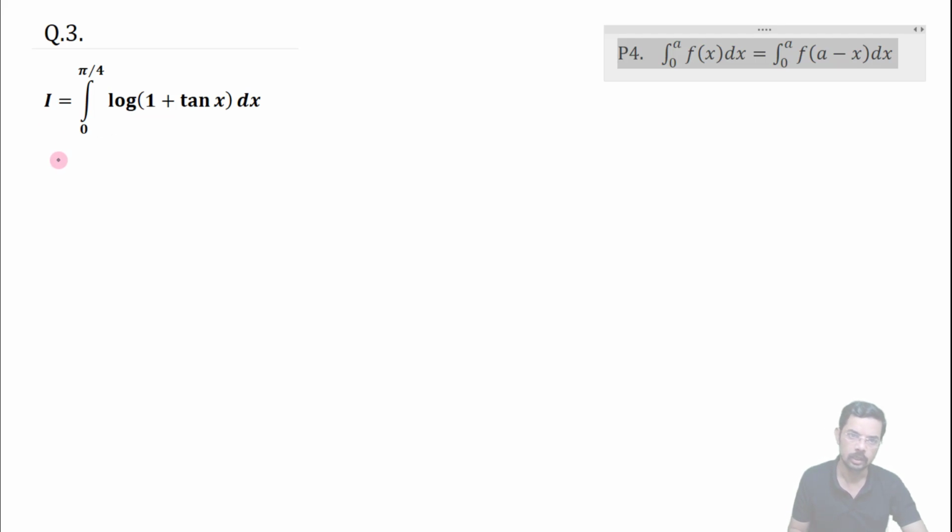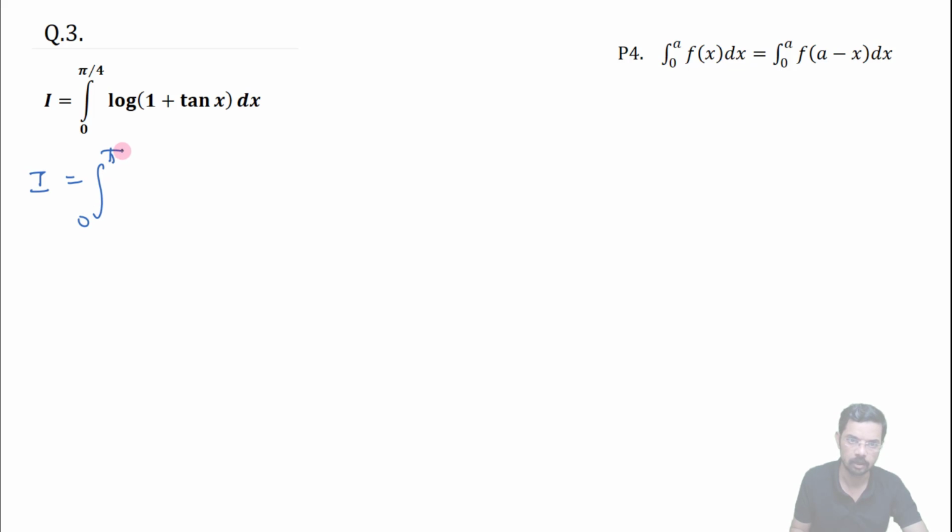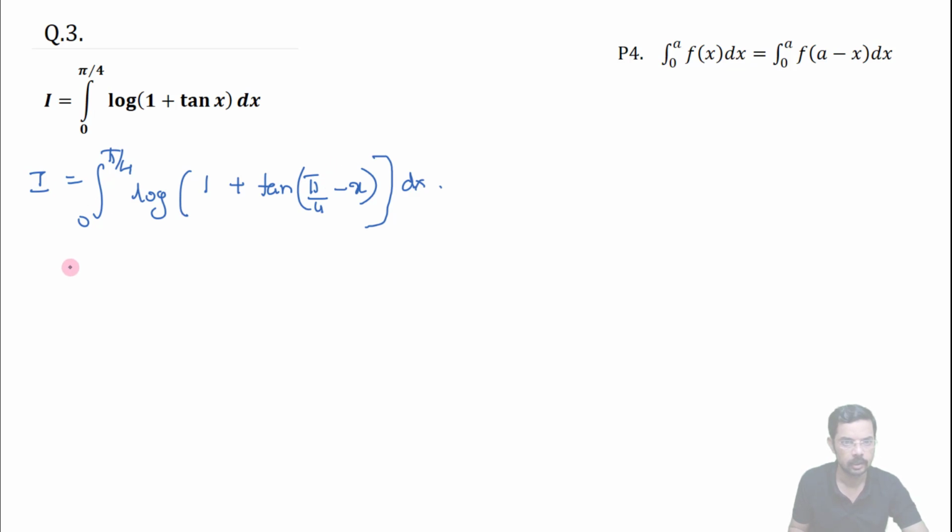Here we are going to replace x by pi by 4 minus x. So what happens? I will become equal to the integral from 0 to pi by 4 of log of, look at this problem, 1 plus tan x becomes tan of pi by 4 minus x, into dx. Tan of pi by 4 minus x, or tan of a minus b, we know the formula, and it can be further simplified as the integral from 0 to pi by 4 of log of 1 plus tan